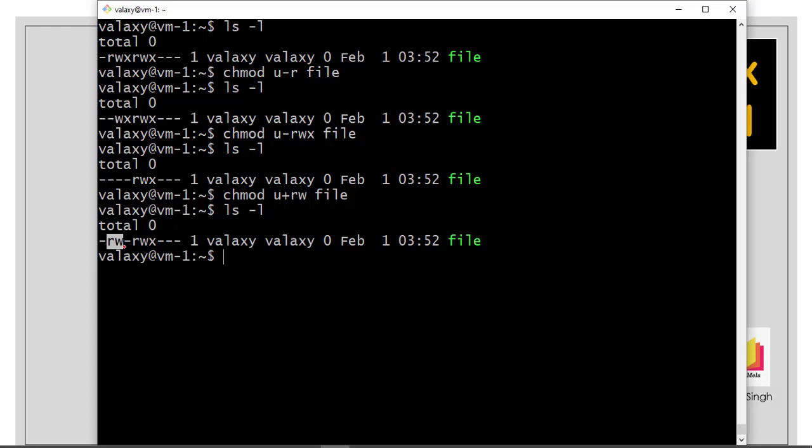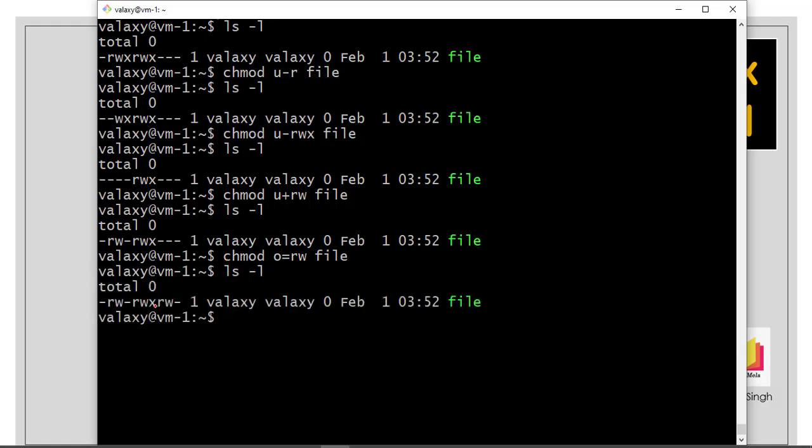Okay. We can use the equal sign as well, right? Equal is to set. Correct. So plus, minus and equal, like for example, others. You want others to have rw access. See this. You got rw for others. So plus to add, minus to remove, equals if you want to set something exactly. So that is how you can use it. Okay, so this is chmod. This is for change mode. This is related to